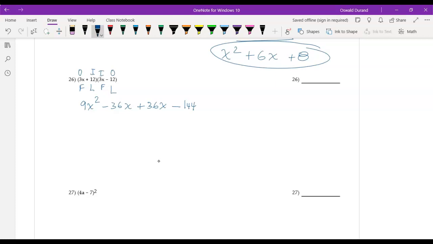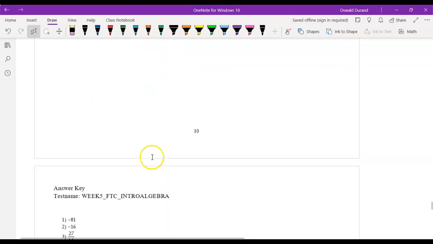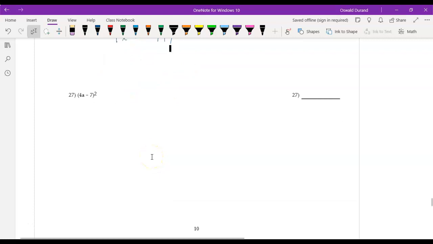Okay? So, what do you notice? When you add or subtract the middle term, it cancels out. Negative 36x plus 36x is 0. So I'm left with 9x squared minus 144. Okay? And then finally, 4a minus 7 squared. So it's 4a minus 7 times, because it's squared,